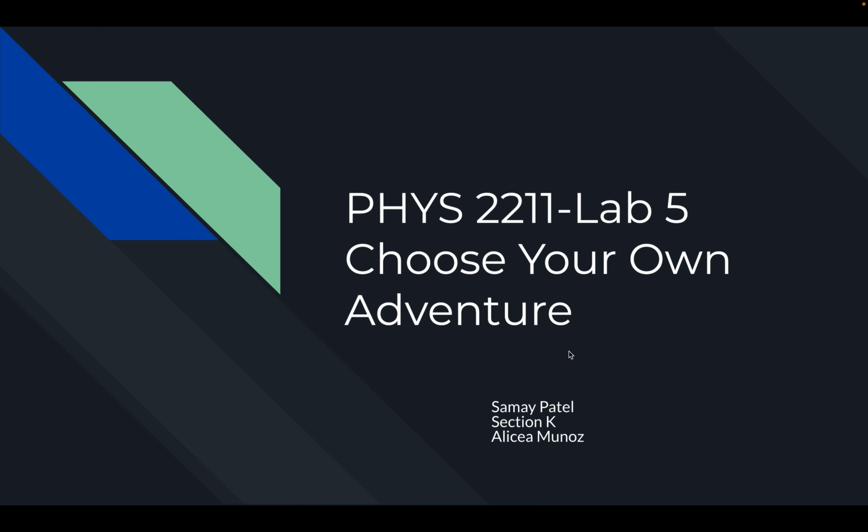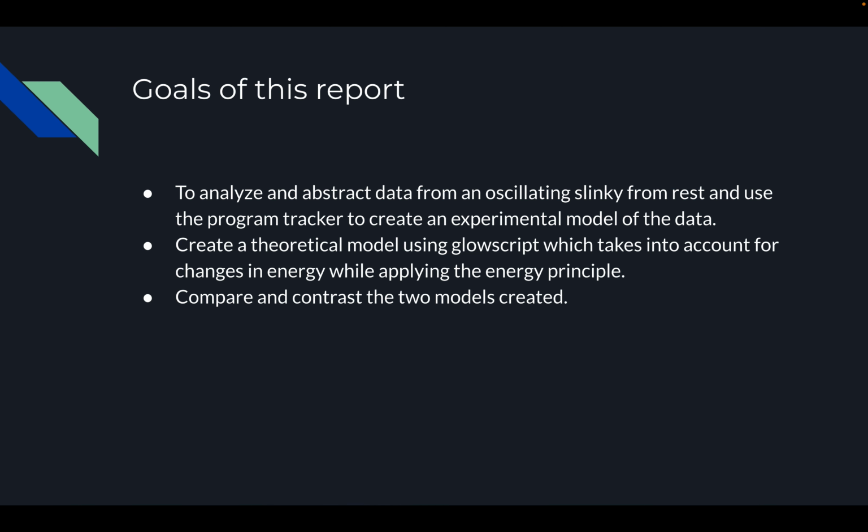This is my Physics 2211 Lab 5, Choose Your Own Adventure. The goals of this report are to analyze and abstract data from an oscillating slinky from rest and use the program Tracker to create an experimental model of the data, create a theoretical model using GlowScript which takes into account changes in energy while applying the energy principle, and compare and contrast the two models that have been created